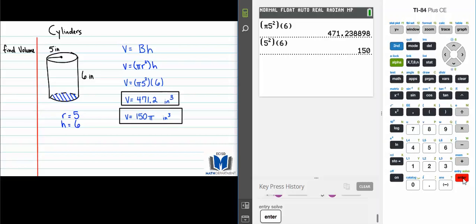So this is a basic idea of how you're going to be solving cylinders. And I'll go through several examples, both fully worked out like the first one, and then in terms of pi like the second one. We don't know which type you're going to be having to get at the end, so we just do both. And then you should know that these two answers mean the same thing. So if we try this next one,